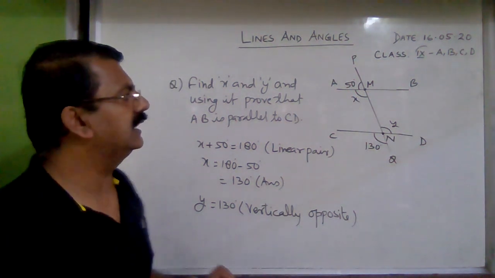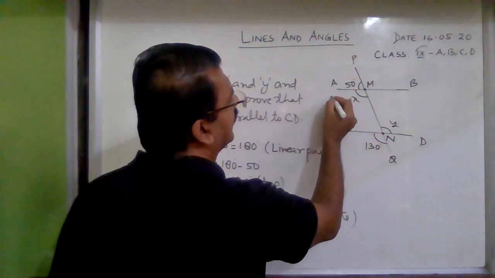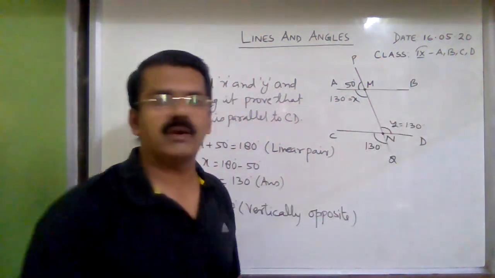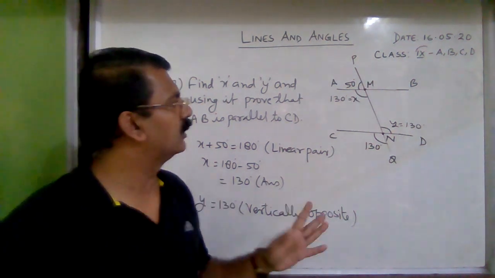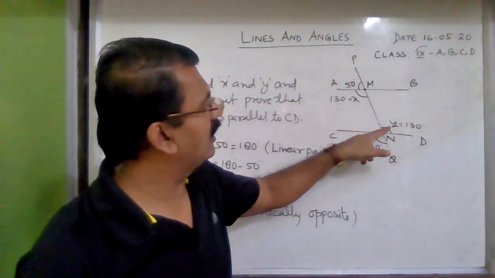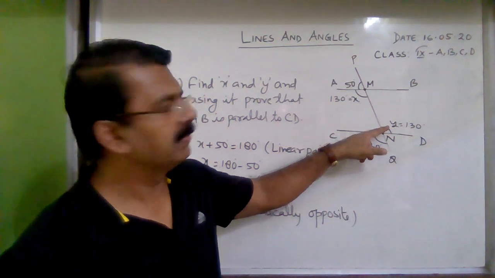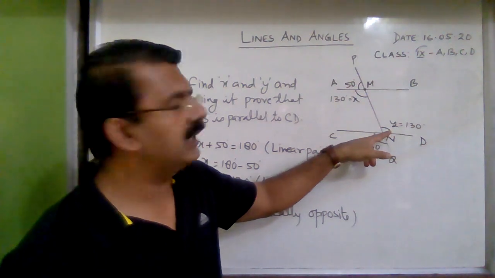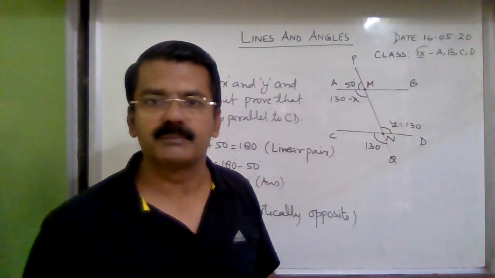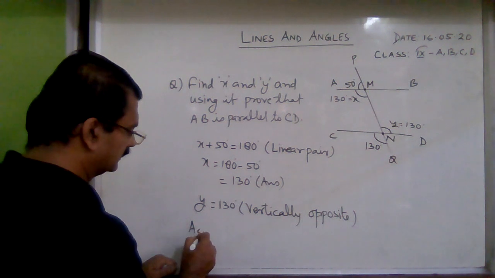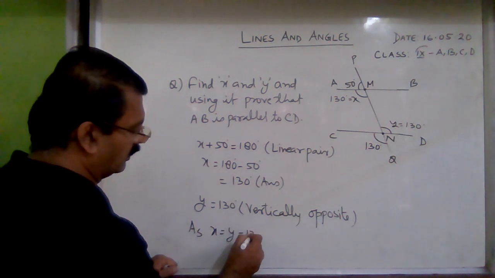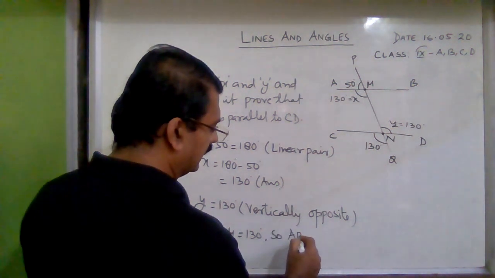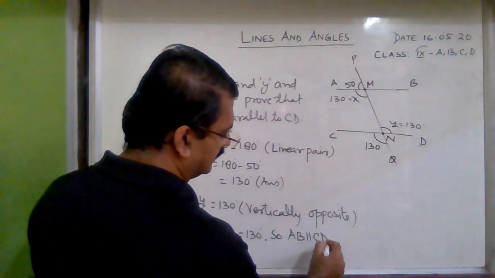Now you see, we have calculated that this X is 130 degrees and this Y is also 130 degrees. Now in the first lecture, I told you that when the alternate interior angles are equal, then the lines are parallel. Here also you see the alternate interior angles are equal. That is why AB is parallel to CD. It is proved. As X is equal to Y is equal to 130 degrees, so AB is parallel to CD,